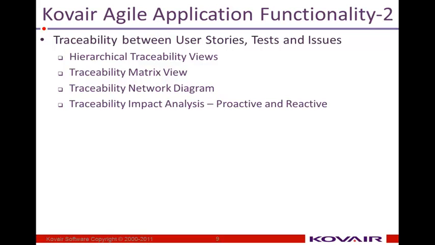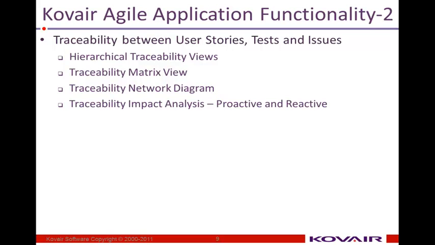Traceability is one of the critical features for any kind of ALM implementation. It has been derived from the traceability of traditional requirements management, but we have extended it quite a bit. Not only can you create traceability between the different kinds of product backlogs, so you can have the whole traceability hierarchy starting from the epic to the feature to the user stories, but also you can have the traceability between the user stories and the test cases, so that you can have the test coverage of the user stories, then